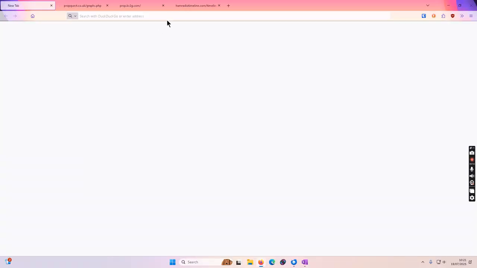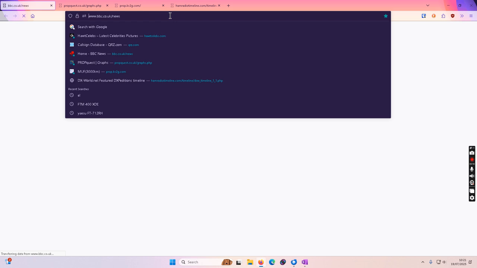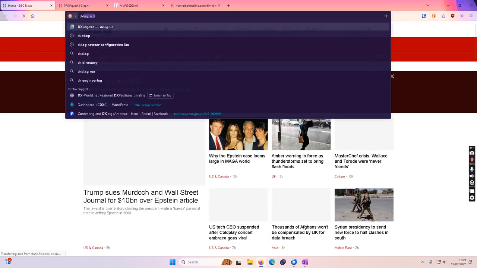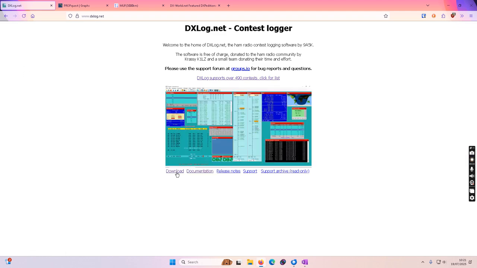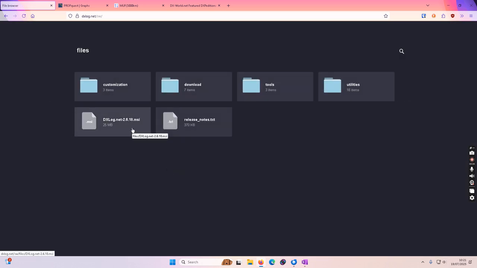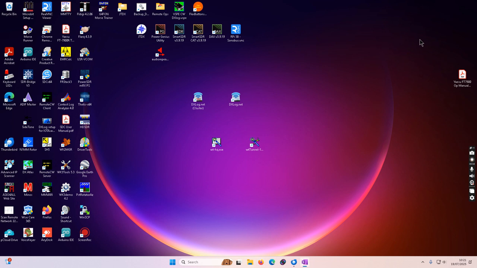So first of all, to install, go to the DXlog.net website, which is DXlog.net. Once you're there, go to the download link here, and you'll see one of the links there is the latest MSI installation file. Install that. Of course, I've done this earlier, so I'll close that, and once you have installed it, you'll get